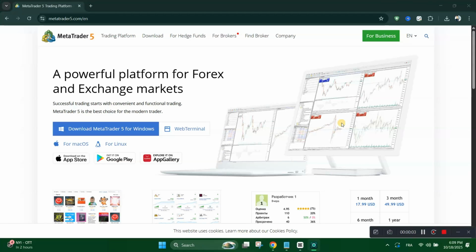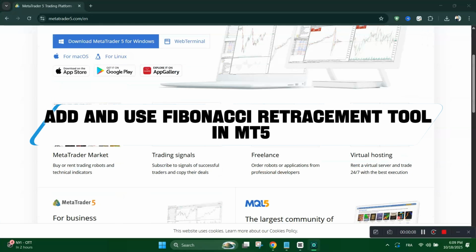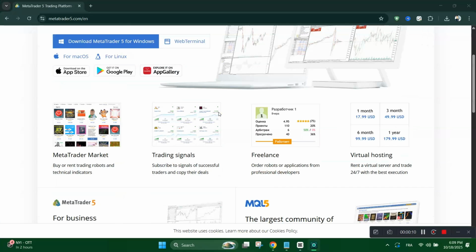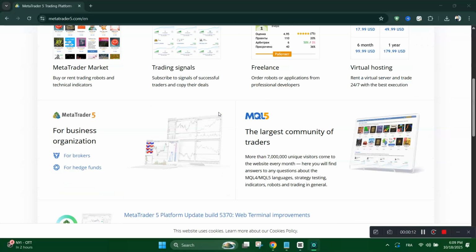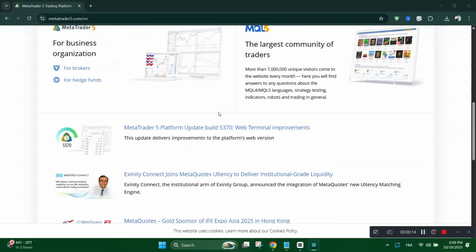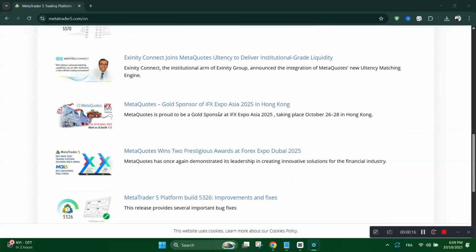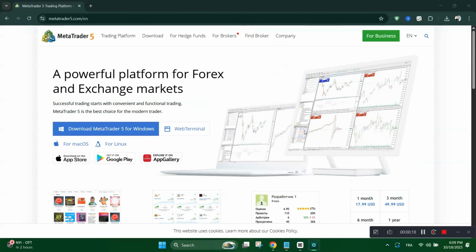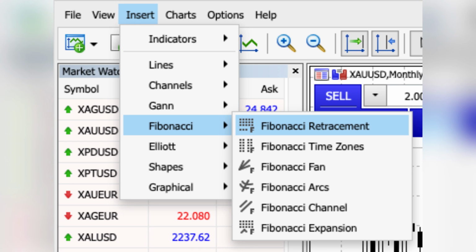Today we're going to see how to add and use the Fibonacci Retracement tool in MetaTrader 5. Fibonacci Retracement is a popular technical analysis tool used by traders to identify possible support and resistance levels in a price trend. It's based on the Fibonacci sequence, a series of numbers where each number is the sum of the two before. The key Fibonacci ratios